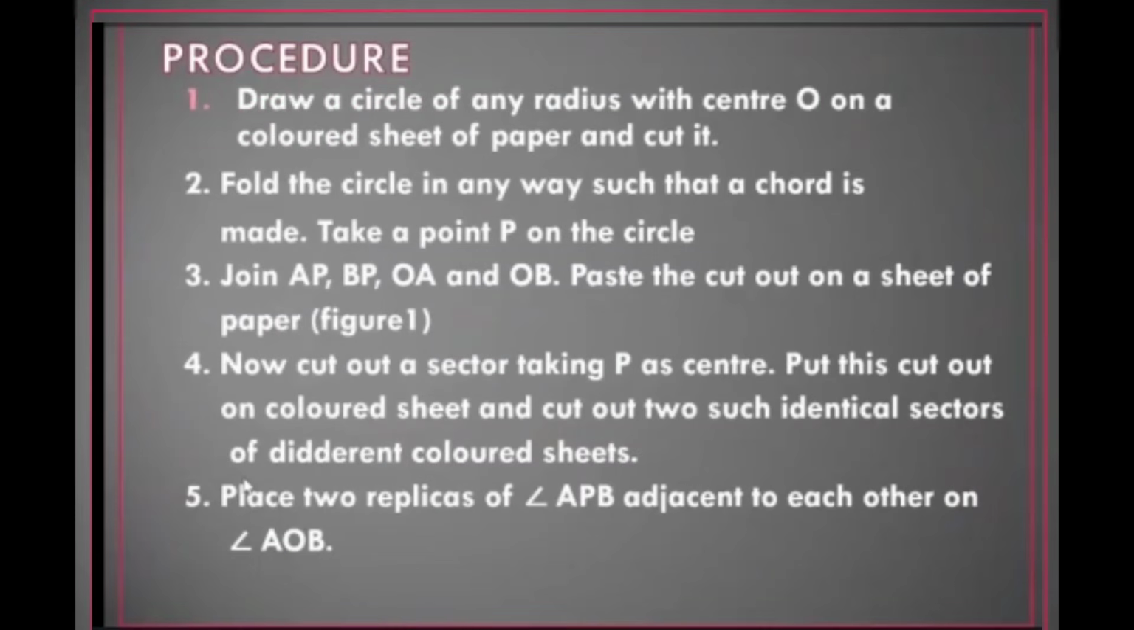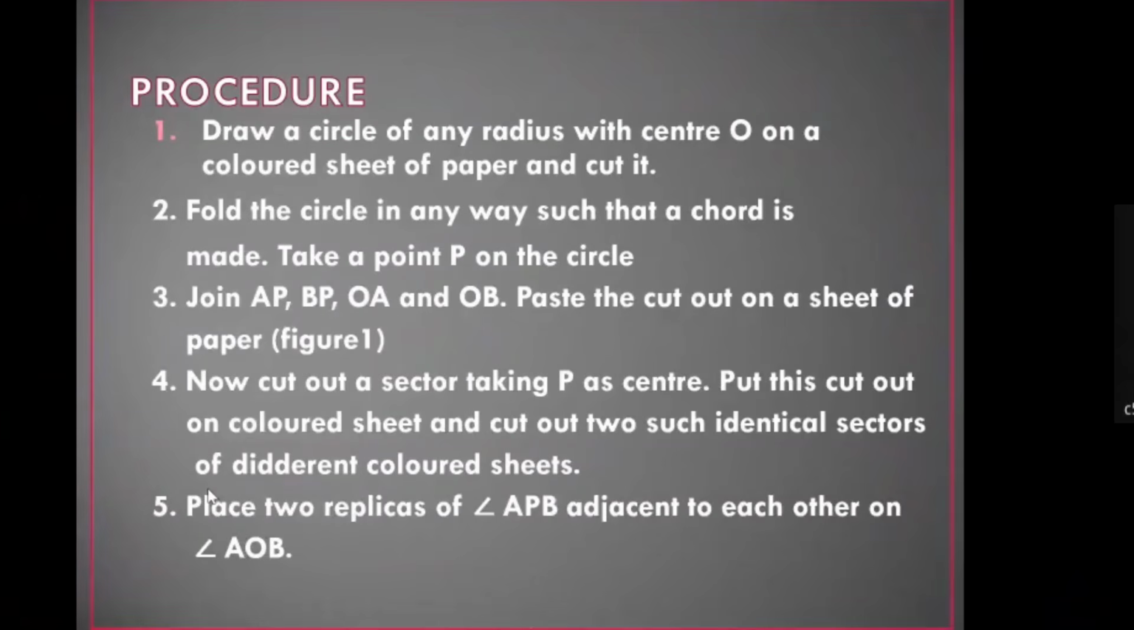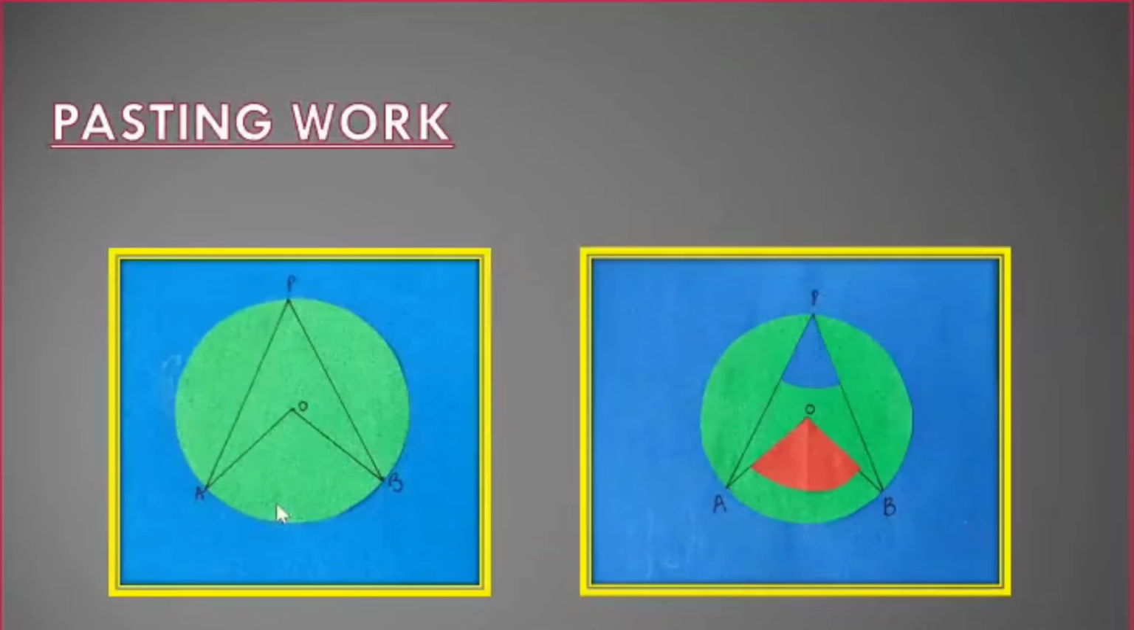So the same procedure has been written here. This is the pasting work that you have to do. I have taken two circles and I have just folded it from here to get points A and B. Then I've taken another point P on this circle. I have joined AP, I have joined BP, I have joined AO, and I have joined BO. And I have then cut out a sector from point P. I have taken two of such identical sectors and tried to put them in angle AOB,